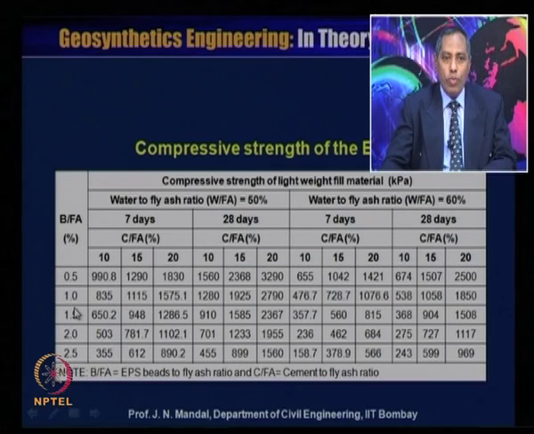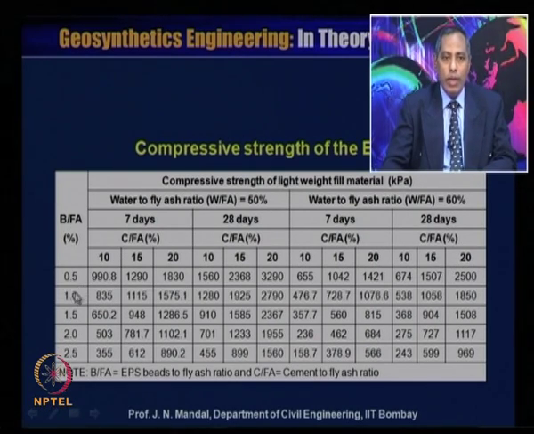Then for beads to fly ash ratio 1 and for 15% cement to fly ash, it is 1.5 kilopascal. Then for 1.5% beads to fly ash, it is 948. Then 2% it is 781.7, and 2.5% this is 612. So, you can see here